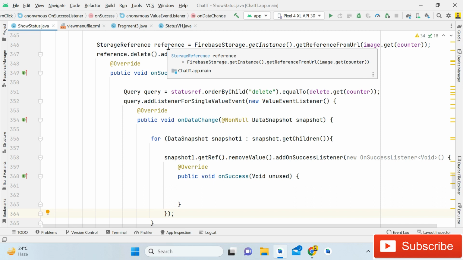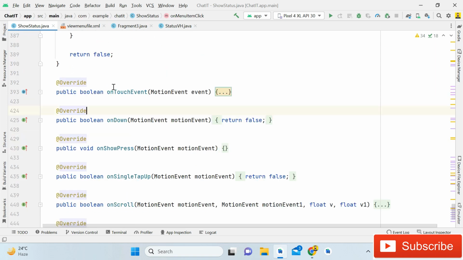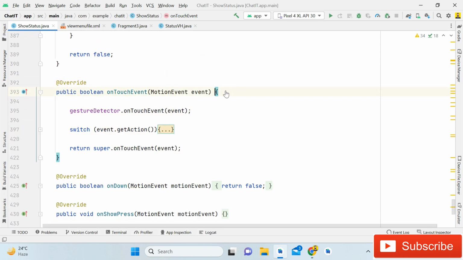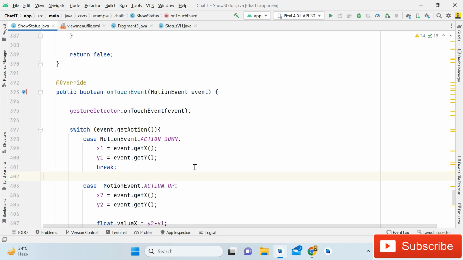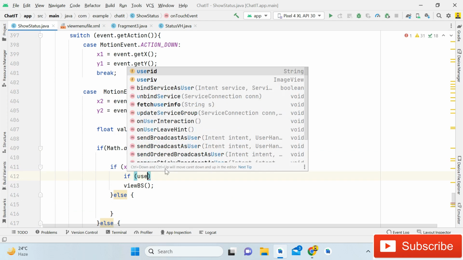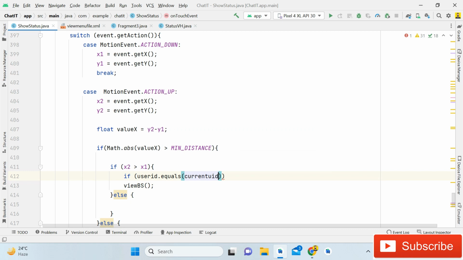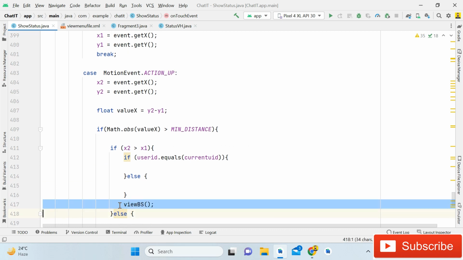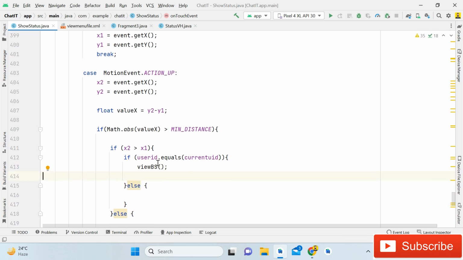Okay guys, so now one thing that we have to do here is open this on touch event, and this time we have to do one more validation inside this. So if user id dot equals current user id, else, simply cut this view bs, control plus x, and put it here, because if the user id and current user id are the same, we will open the view bottom sheet, otherwise we will not show it. Okay, yes guys,